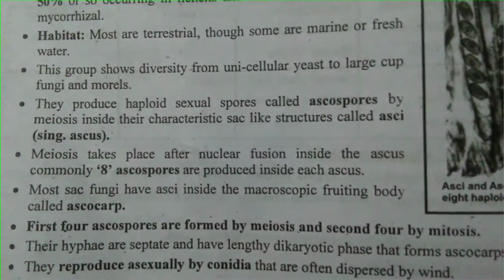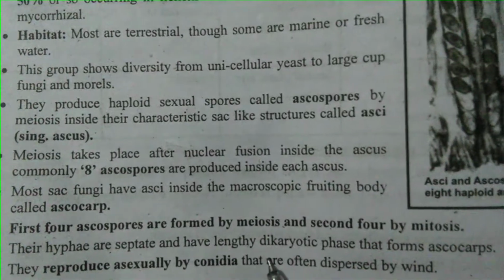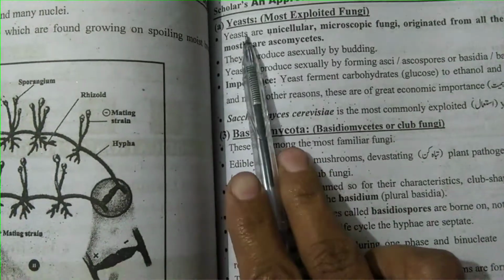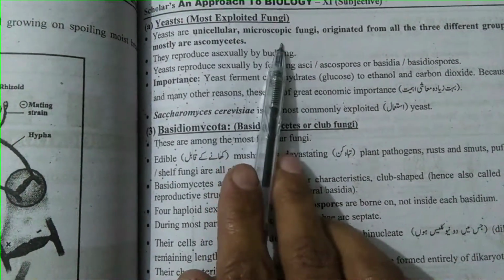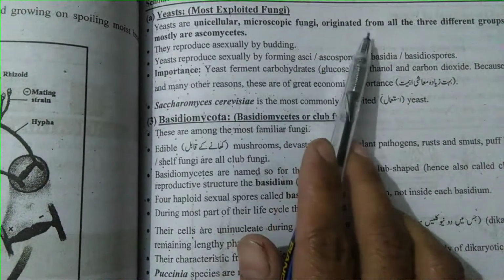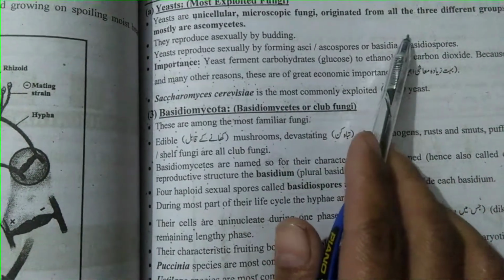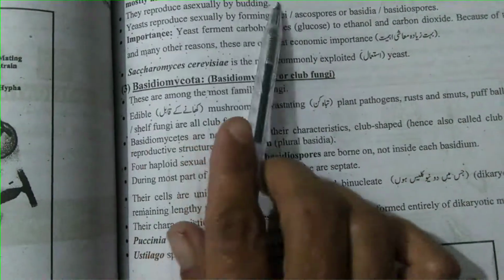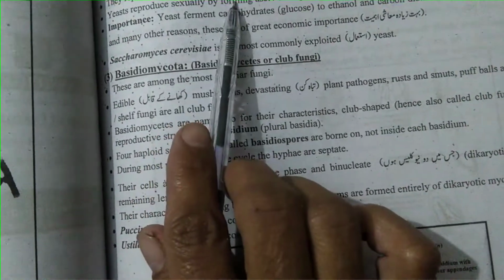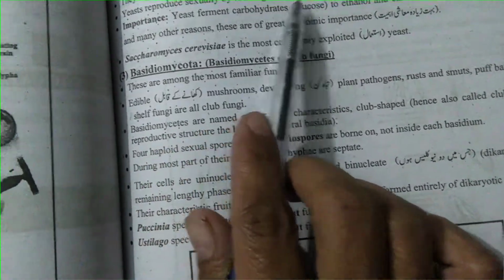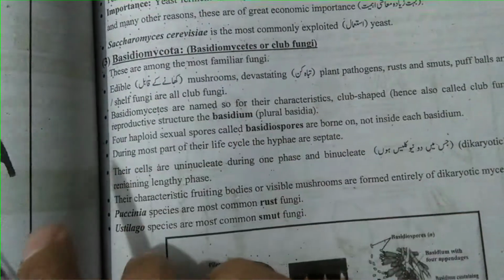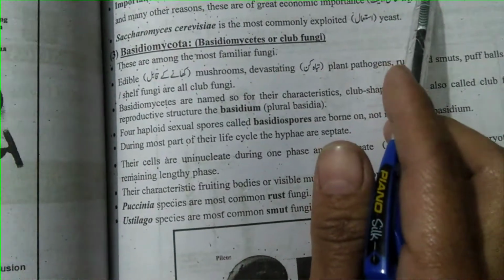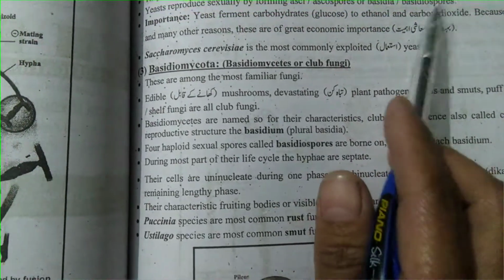This group Ascomycota reproduces asexually by conidia. This point has been discussed already. Yeast is the most exploited fungus, and it is considered to have originated from all three different groups. It is a unicellular fungus that reproduces asexually by budding. Sexual reproduction is by asci or ascospores, while if it belongs to the Basidiomycota, basidiospores will be produced inside it